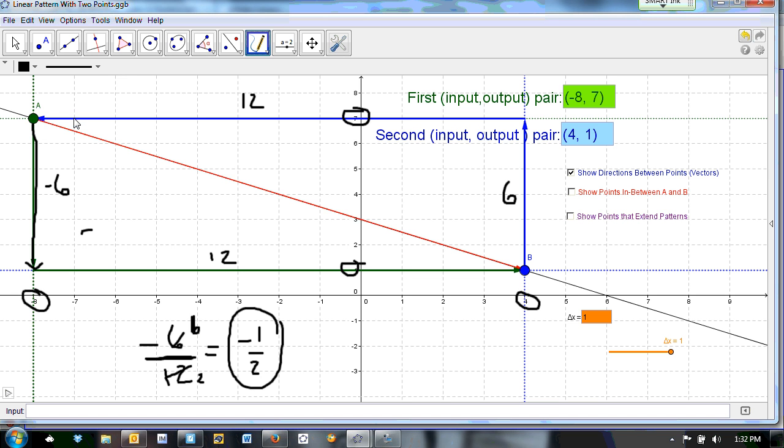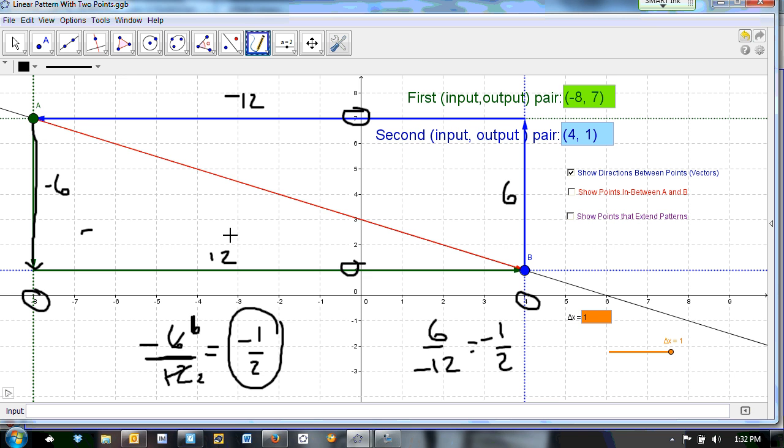So -1/2. So our slope, which really is our difference, right? If we went over 1, we'd go down 1/2. But to get from A to B, we could actually generalize that slope to be -1/2, even though we go down 6 over 12. That ratio of -6, our vertical movement, divided by our horizontal movement, gives us this fraction. If we went from B to A, it's the same thing. We still would do a vertical movement of +6 divided by our horizontal movement, in this case, a -12. And that fraction still makes a positive divided by a negative. That's still -1/2. So whether we're going from A to B or B to A, it's the same direction,